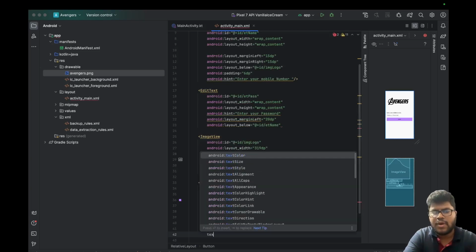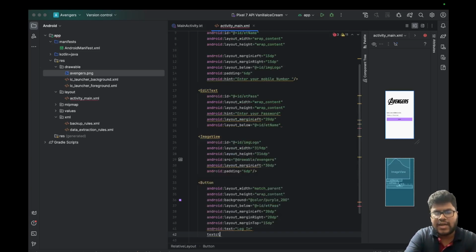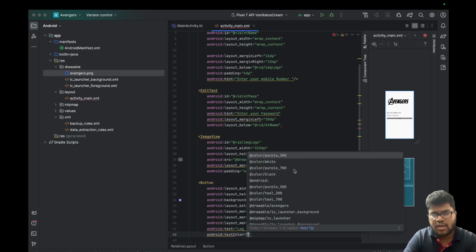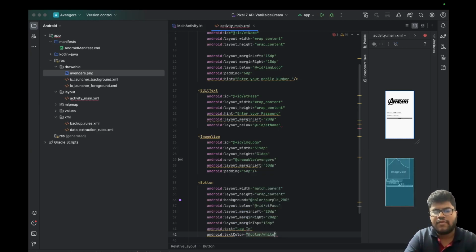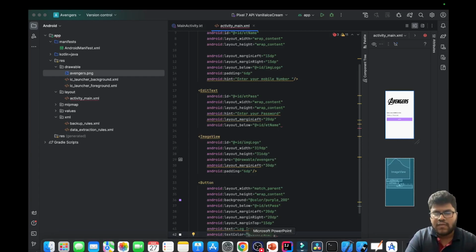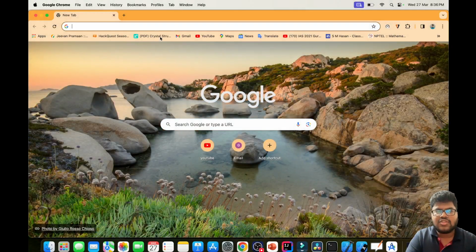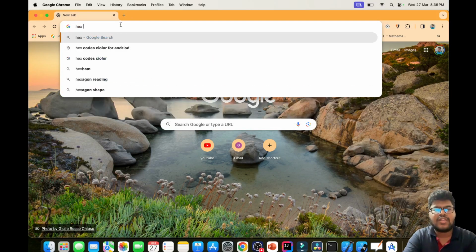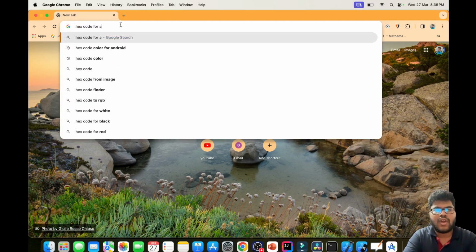So what will we do? Color the text color attribute. Text color should be color white. Usually, what we'll be doing is referring to the color as the hex code. So if you have any confusion, just open the browser and type "hex code for Android"